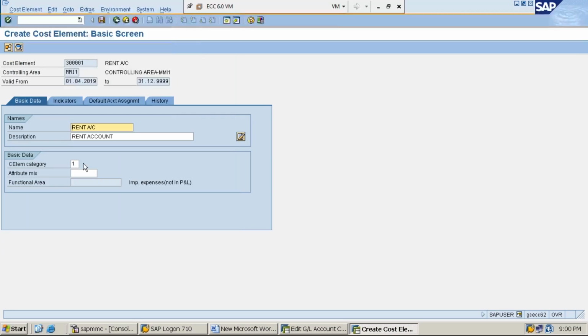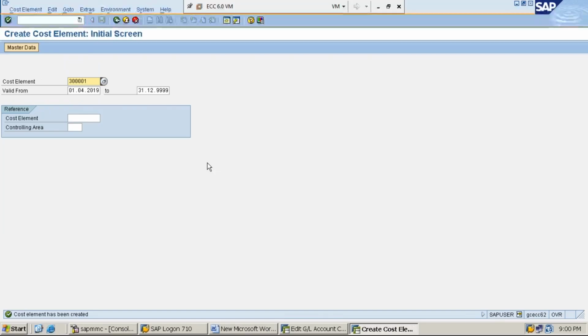So give cost element category one, click on save. Get the message that the cost element has been created. Okay. Next,